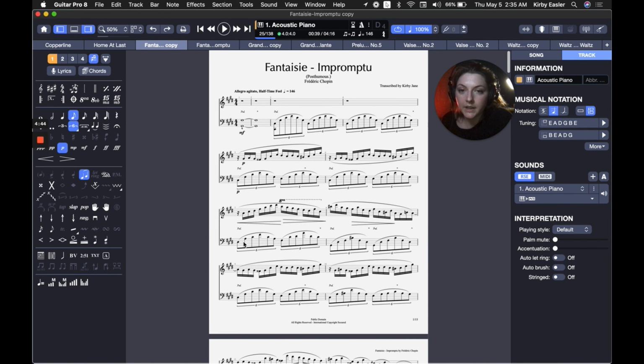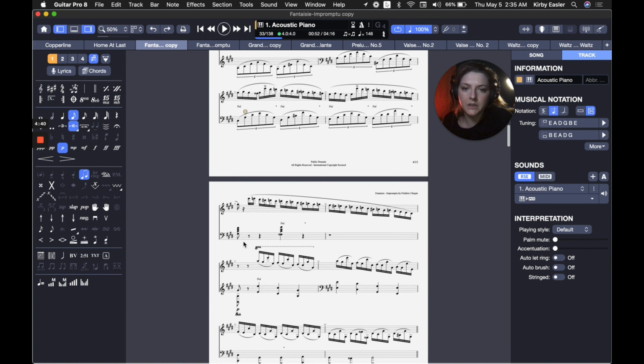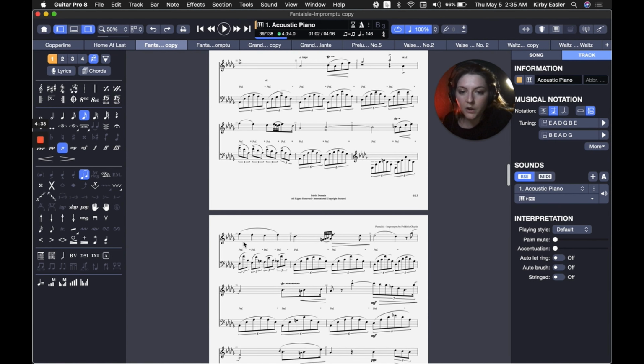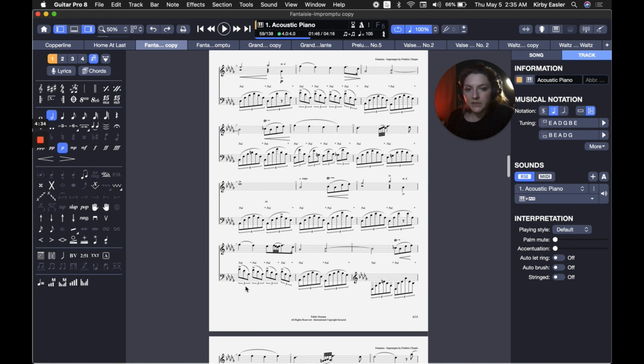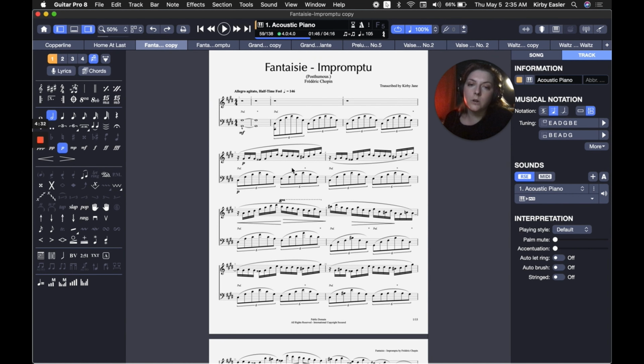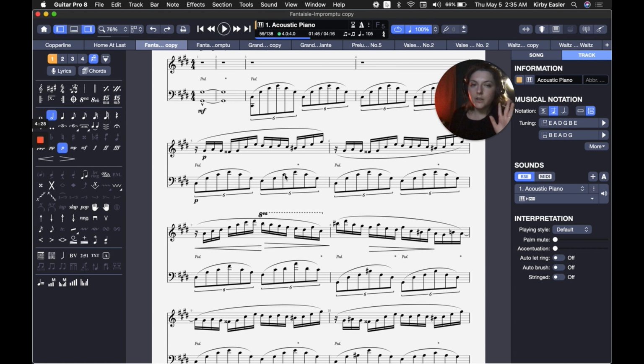I will be going back and making sure that I represented these properly, because they could sound a lot better. So there is a notable difference in how you can notate for piano. The biggest thing, the two biggest things, I wish this was included. Maybe it isn't, I'm not seeing it, but one of the things that I had issues with when I was trying to transcribe the piano stuff into Guitar Pro was the hand crossover kind of stuff,